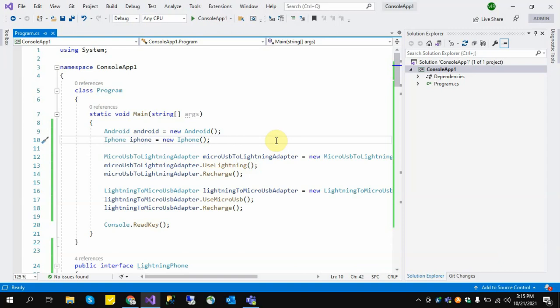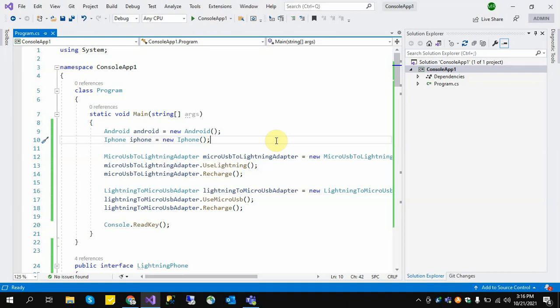For example, we have an A interface and a B interface, and A and B are totally different and incompatible interfaces. They will not connect to each other. So how will we connect A to B? We cannot connect A to B directly. We cannot connect B to A directly because these are incompatible interfaces. We will not be able to connect these two interfaces.